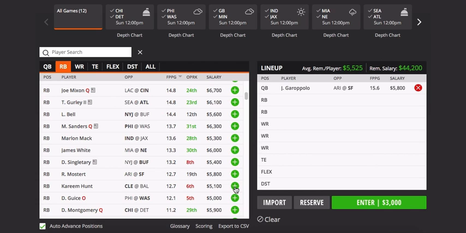Jimmy Garoppolo is in for a good start to this year right here. And like I said, he's up and down. He has down moments, but he also has that 30-plus upside. And here against Arizona, I think this is definitely a situation that he can do that. All right, so I really love Jimmy Garoppolo to start it out at quarterback, just to kind of give you